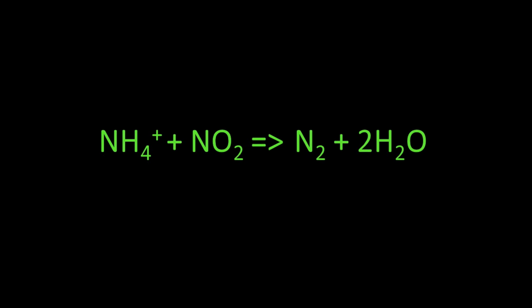The final part of the nitrogen cycle we will discuss is anaerobic ammonium oxidation, also known as anammox. Anammox is a process that simultaneously transforms nitrite, or NO2, and ammonium, NH4, into nitrogen gas. This process is used around the world to treat sewage, turning harmful levels of biologically available nitrogen into harmless nitrogen gas.